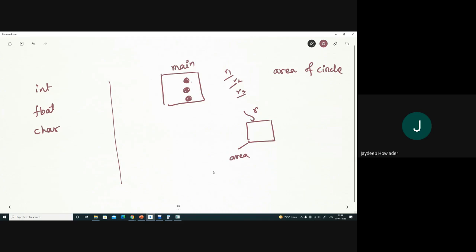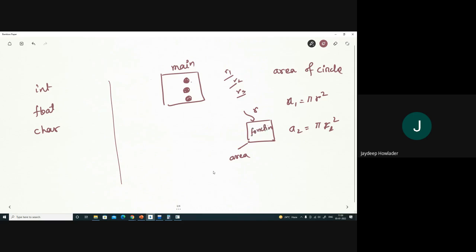So in my main program, I need not write the same set of code multiple times. Area is basically computed as pi r square. So there will be area 1, which will be pi into r square, then area 2, which I have to write as pi into r2 square. So multiple times I have to write the same sort of code, just like copy and paste. To avoid writing the same code multiple times, I sometimes write a function.